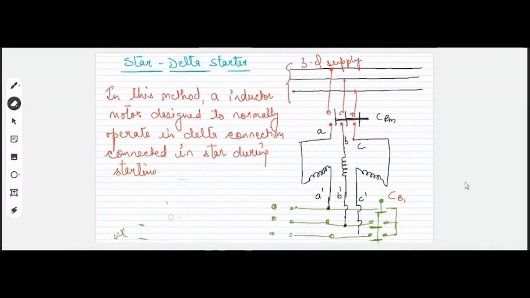So keeping this in mind, we know now this is the connection of the A dash. So A dash must be connected to which one? A dash must be connected to, tell me, where should A dash be connected? Come on, say it, this point A dash must be connected to,